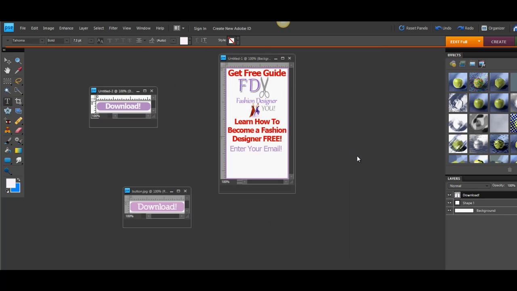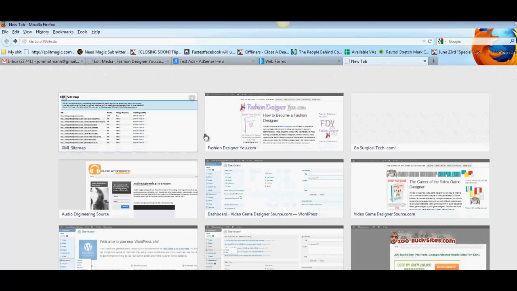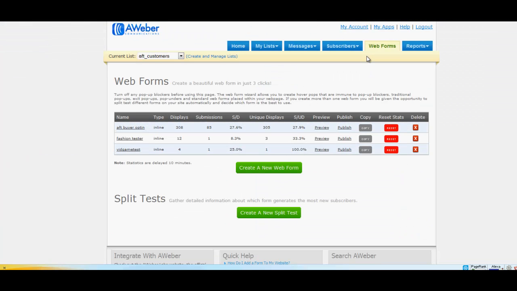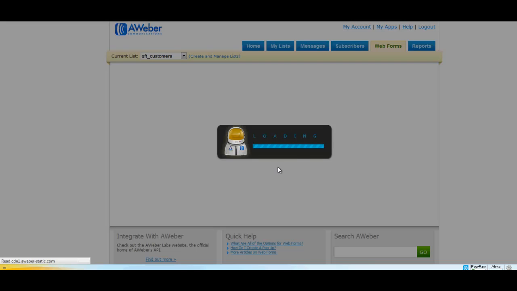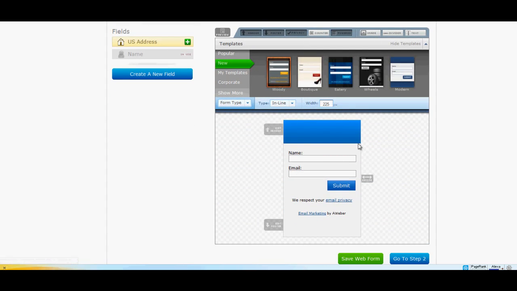Alright, so now we have the file saved and the opt-in form. So now we have to upload these files to our website so that Aweber can find them. So give me a second. So we're going to go to media, upload media, and I'm just going to drop these in there real quick. One second. So I uploaded the files to my WordPress site, and now I went into my Aweber account, and it's going